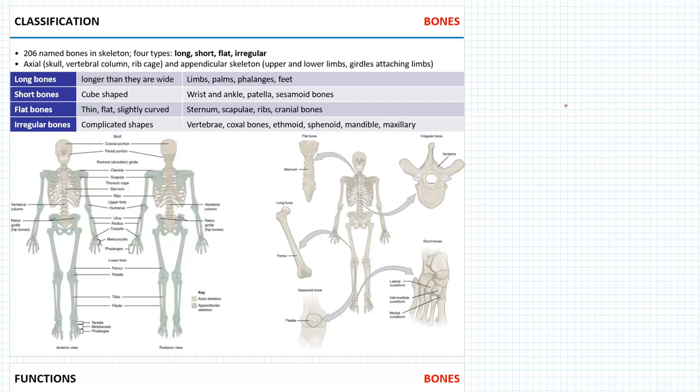Now we can move on to bones and their classification. So first of all, bones can be classified based on their shape. Bones can be long, short, flat, and irregular. Now, let's define them. We actually can categorize all 206 bones that are found in the human body right now in a fairly short period of time. So, long bones, such as the femur, all bones of the upper and lower limbs, except for the patella,